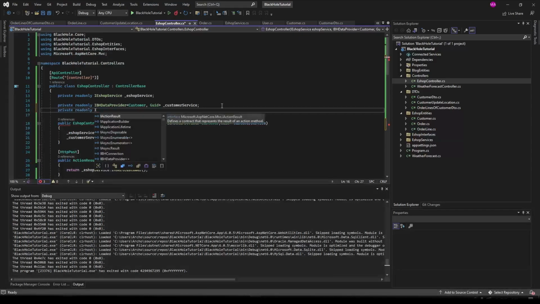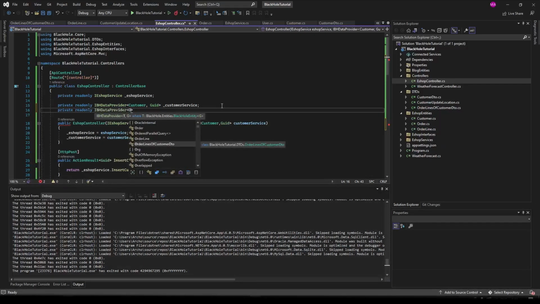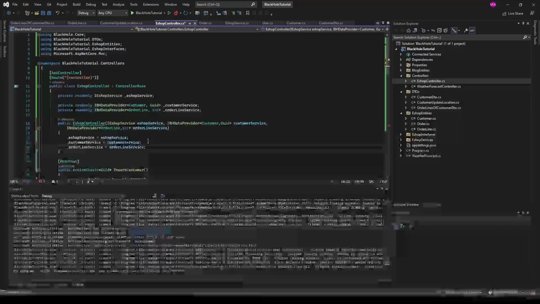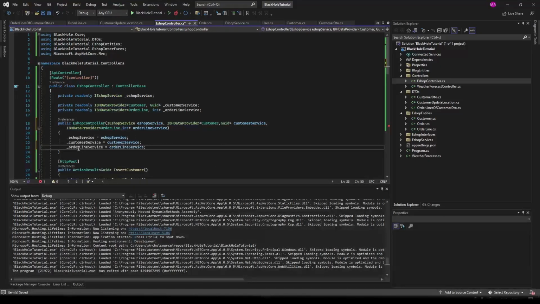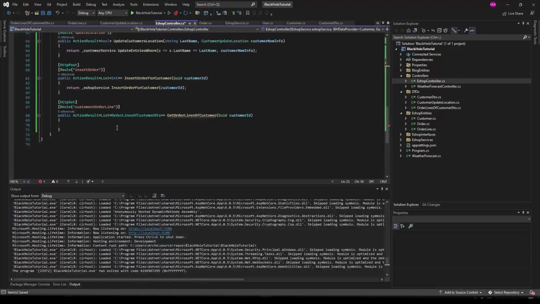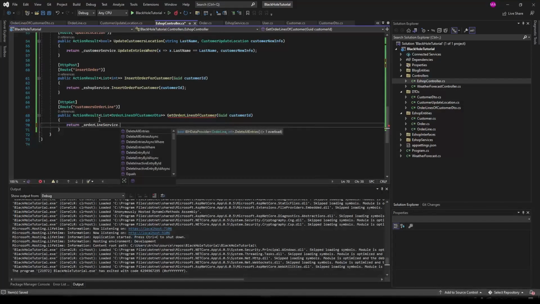Of course, we could add this method into the ESOP service, but it's okay if we add it here. Alright, and now we have the order line service in the controller. And here, now we can say return order line service, because we want to start with the order lines, as we said before, and we want to